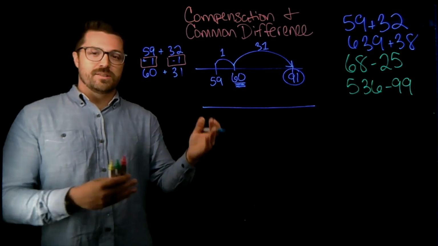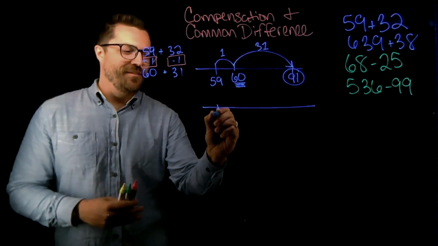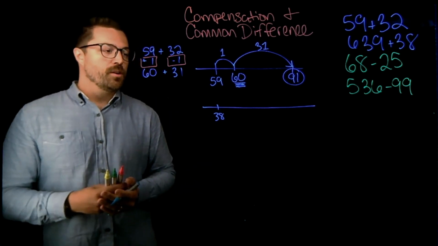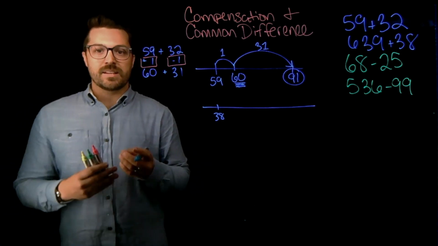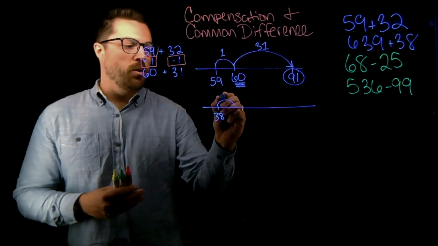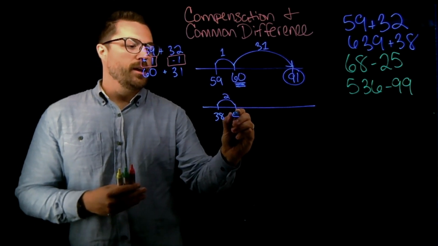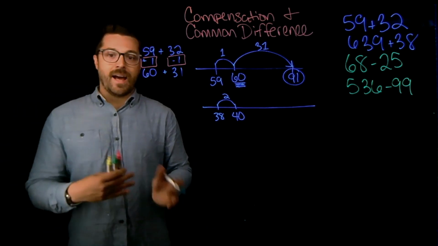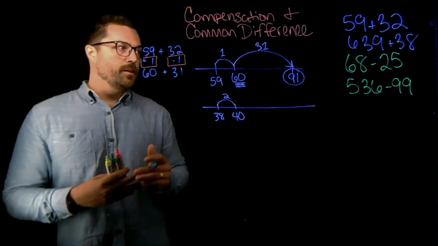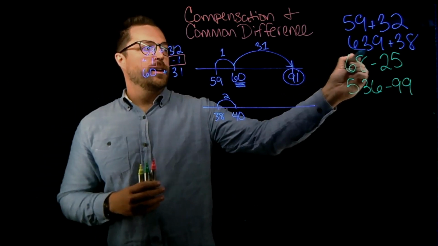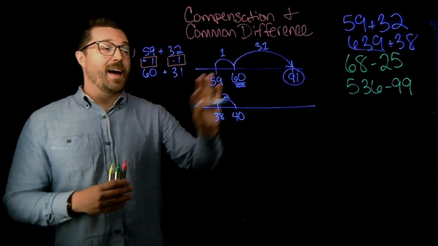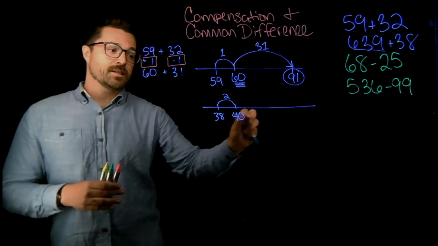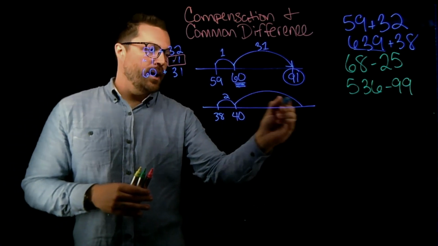For this one, just to start with the other addend, I'll start with 38 this time. And so 38, I want to get to something that's a lot more friendly. And I can just make a small jump of 2 and get to 40. And adding to 40 is a lot easier than adding something to 38. But I was supposed to be adding 639. If I add 639, that's going to be too much. So instead of adding 639, I'm going to add